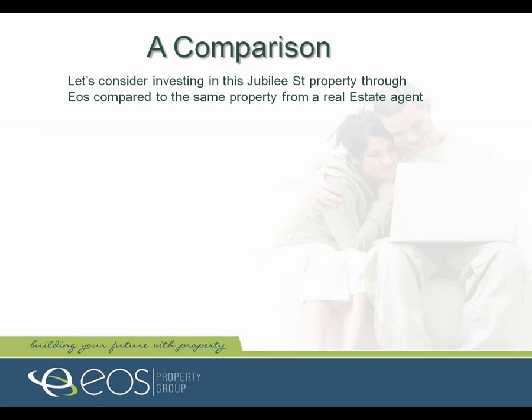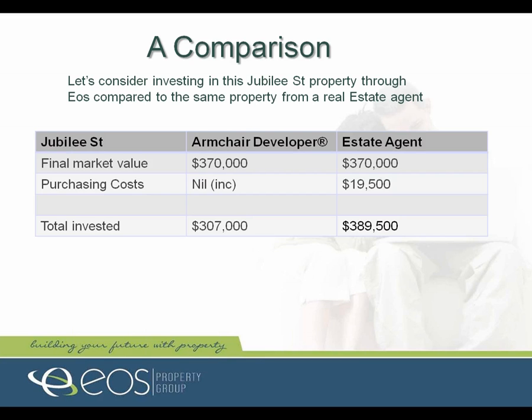And probably more importantly than anything, it's also very, very close to some of the employment nodes that exist around Vic Park and some of those light industrial areas, the Perth Airport, Midland, and those sort of places. So it does tick a lot of those boxes that you would be looking at from an investment point of view. So they're the numbers, and as we say, they are fairly attractive,